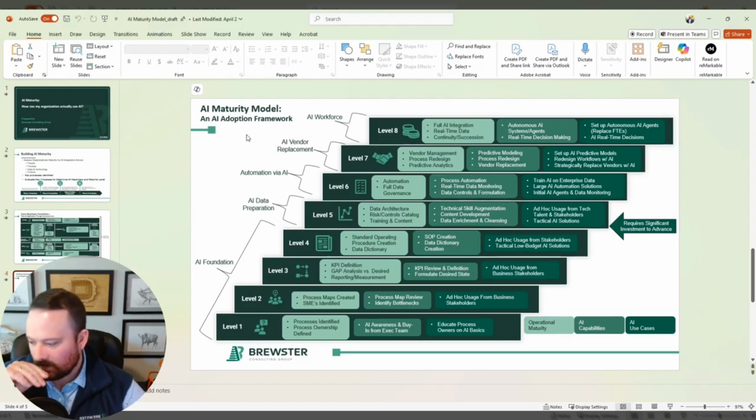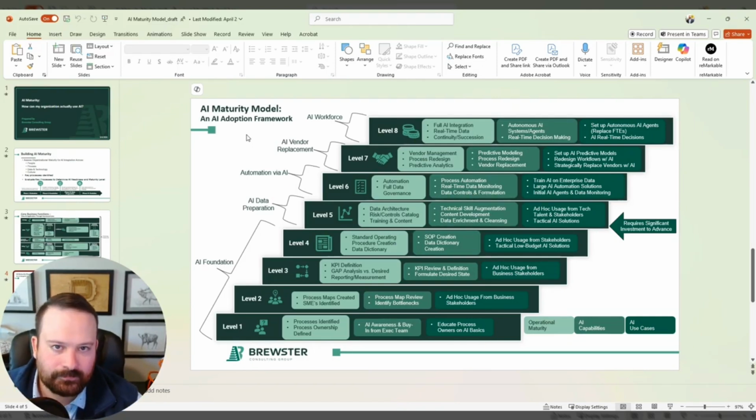Some of those, like strategic, might be less likely to be replaced by AI, although eventually that'll probably happen. But capacity extension and skill set extension, which apply to both big and smaller businesses, are going to start being replaced by AI very, very soon. And that's this next level 7 of evolution, right? Because if you've got to the point where you have the architecture that supports building autonomous AI agents, predictive models, and redesigned workflows with AI,